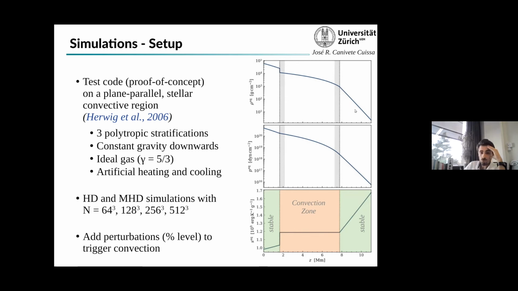We may try to use some implicit solver, but I think it will be too complicated. I guess Romain can add something on that. There are other methods, like artificially reducing the sound speed or the alpha speed in case, but for the moment we didn't modify anything in that respect. Also because it was just a test, to see if we can retrieve some results that we find in the literature and if we have convergence of the code. If we go to full stellar boxes, then we may need some kind of clever trick to deal with that.